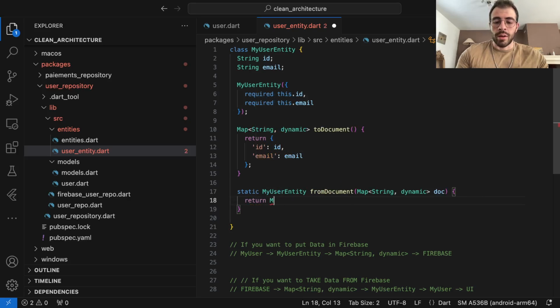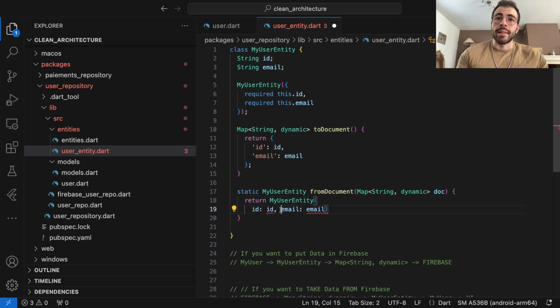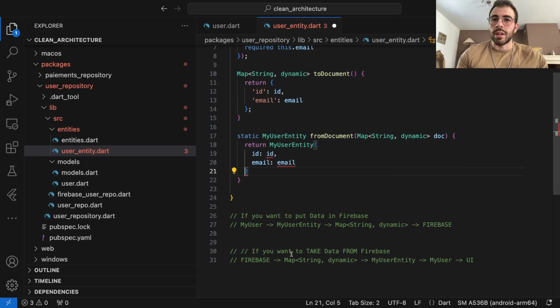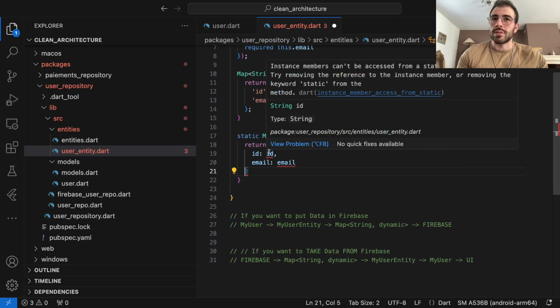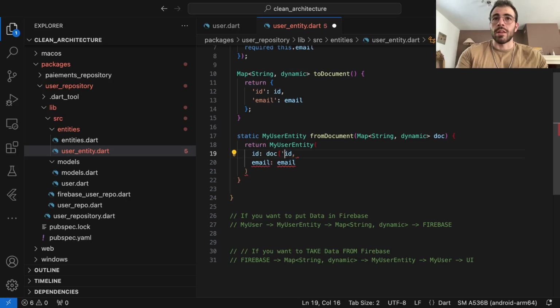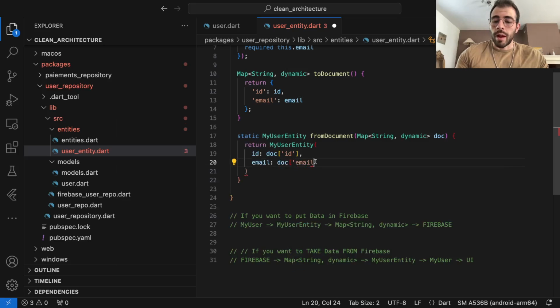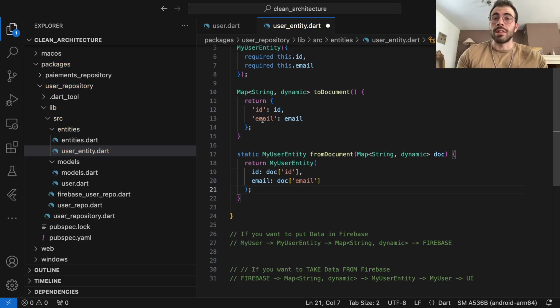You can return my user entity right here. And now the ID and the email are actually inside the map, because Firebase is giving us a map here. So we need to access those parameters. They are inside doc, in the parameter that is called ID, and the email is in the parameter that is called email. And just like that, you have created the most important methods that you'll need